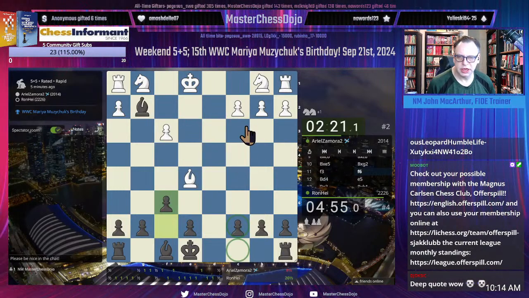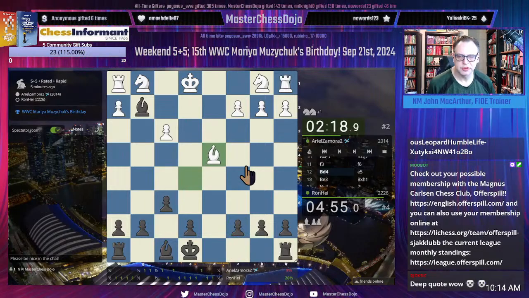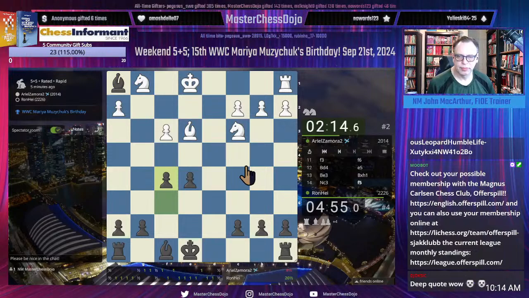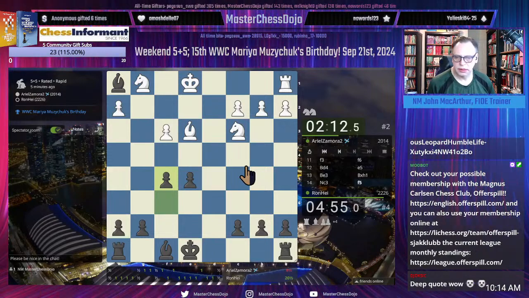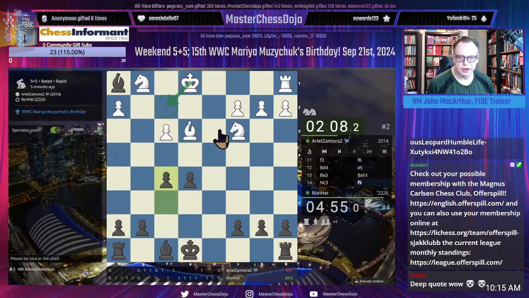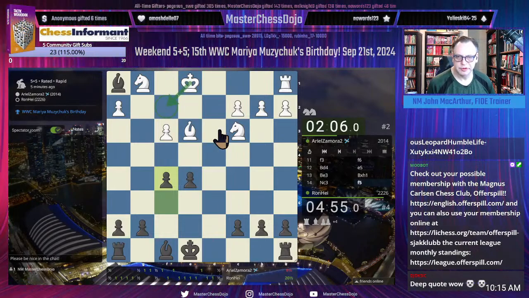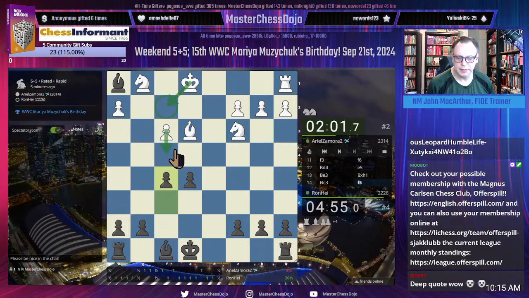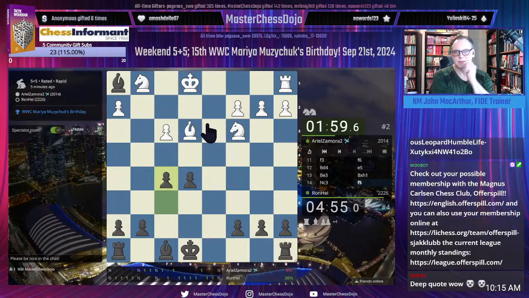Bishop takes rook c8. Rook takes c2 could also be bad. Not sure what we're waiting for here. This move is almost... I mean, maybe. I guess there's no way to trap the bishop.